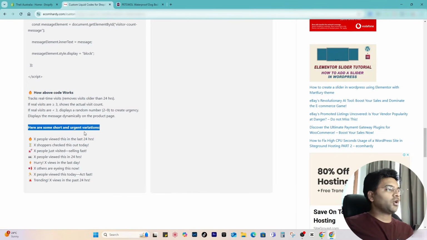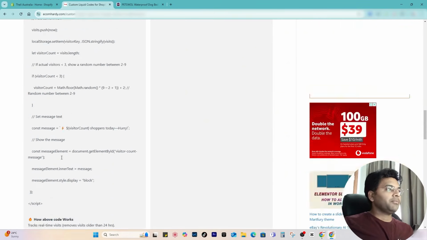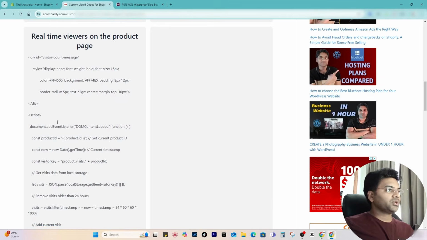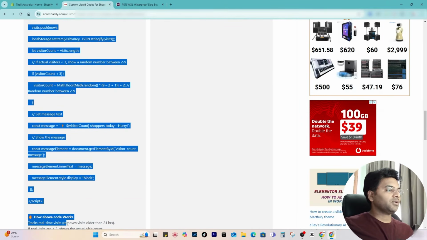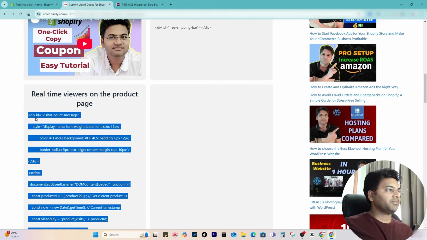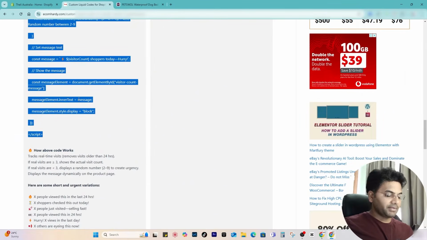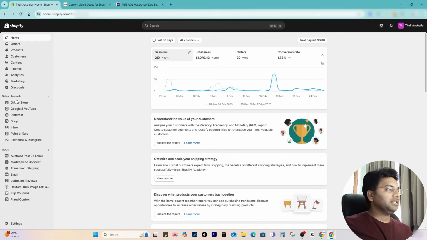Now, here are some short and urgent variations, so feel free to check them out and modify your notification message accordingly, whichever one you like, or you can create your own. But to add this code to your Shopify store, simply make sure you highlight this code, scroll all the way down to the script end. So from the start of the script, from the division, to the end of the script, and then right click copy, or Control C on your keyboard, and then go to your Shopify admin panel,